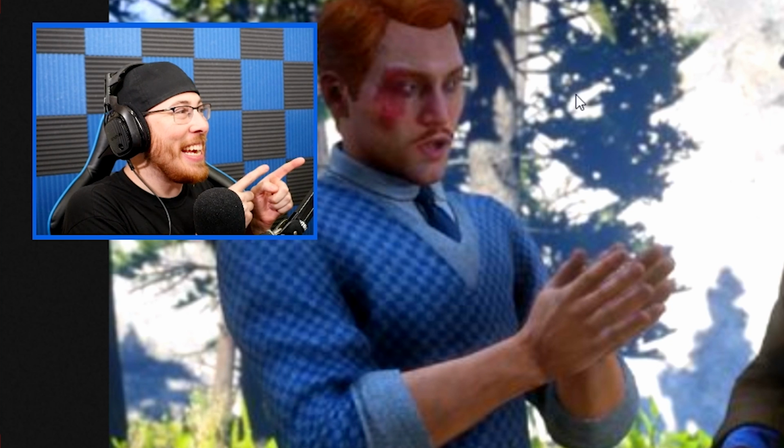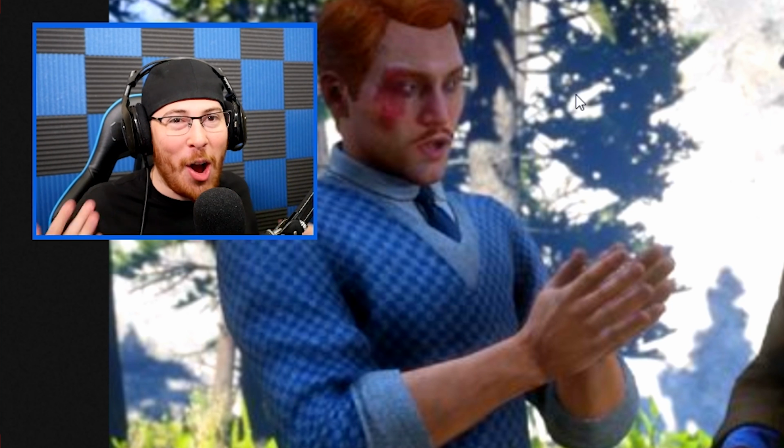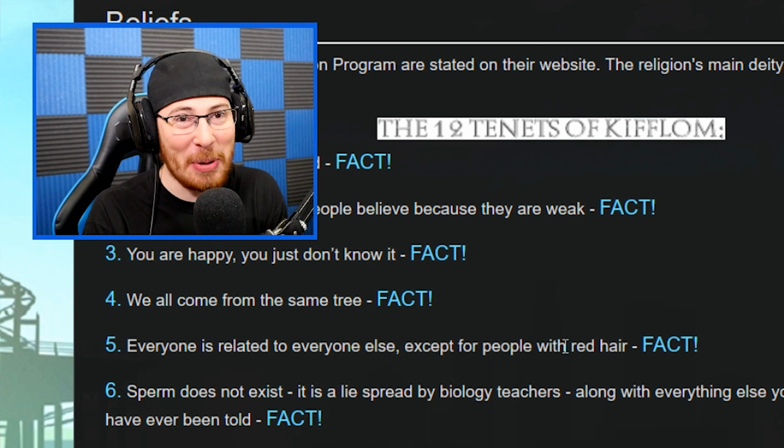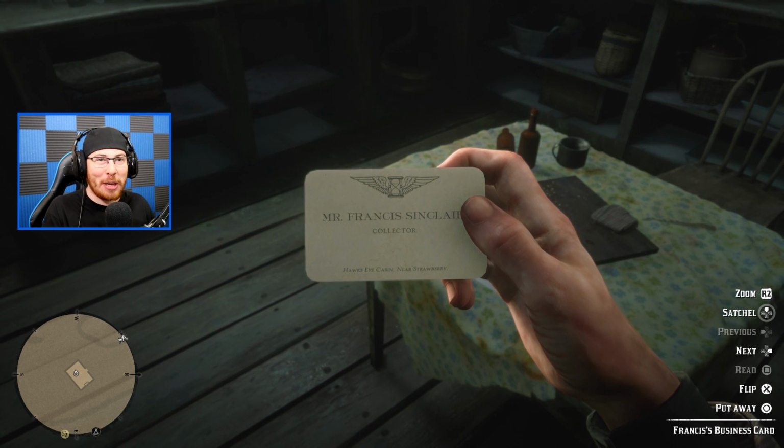As you guys can see, he has a birthmark on his eye. Not only that, Francis and Claire also has red hair. And as you can see, everyone is related to everyone else except for people with red hair. Guess what? He has red hair. So the more you go down this really tinfoil hat wearing Easter egg crazy shenanigans, you also want to take